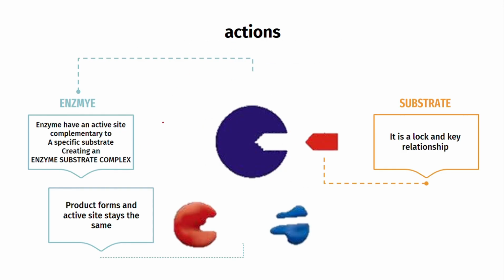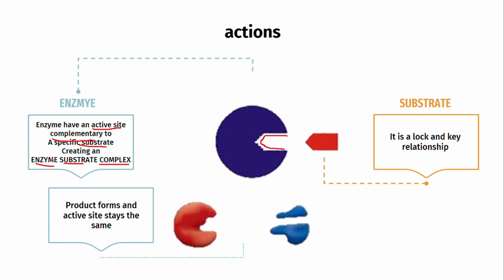Now the actions that would happen. The blue part is known as an enzyme and the red part is the substrate. Now, there is no certain color for substrates and enzymes, but I'm just trying to illustrate it for you all. So, how does the enzyme and the substrate connect together to make a reaction? So, enzymes have an active site. What's an active site? This one, this area here, is known as the active site. It is a complementary shape specific for a substrate,